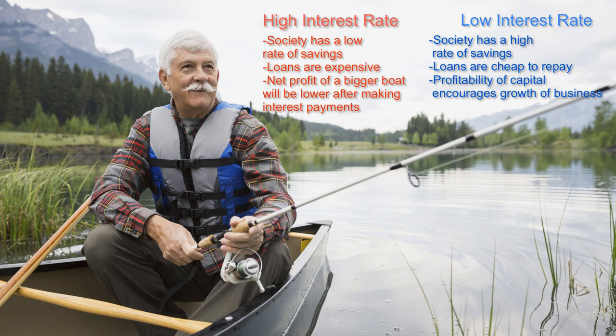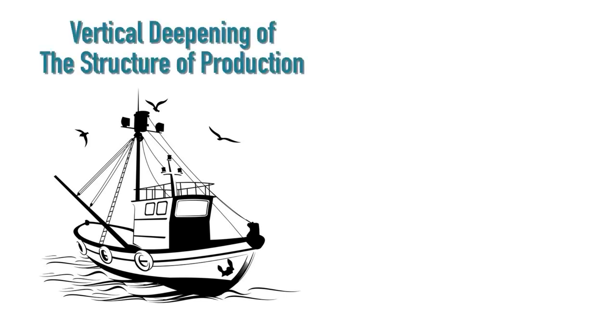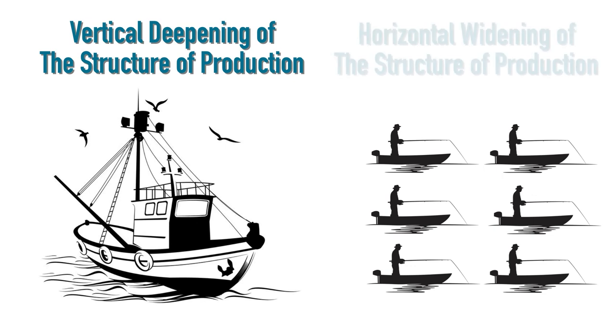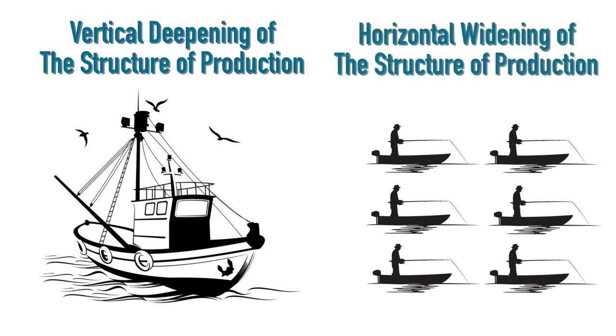So whereas in the previous state of interest rates, a larger fishing boat's yearly return was lower than the return on simply lending money out on the market, interest rates have now gone below the larger fishing boat's yearly returns. If the fisherman acquires a new fishing boat, or in other words, a new production process, we call this a vertical deepening of a structure of production. Similarly, if the fisherman expands his production with more units of the same capital goods, it's called a horizontal widening of a structure of production.